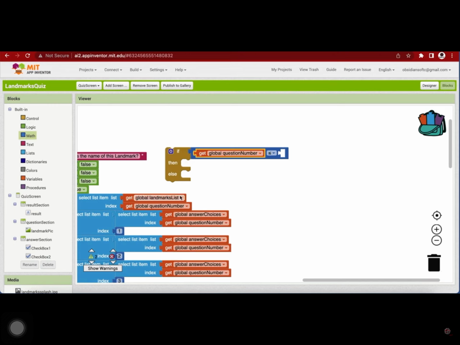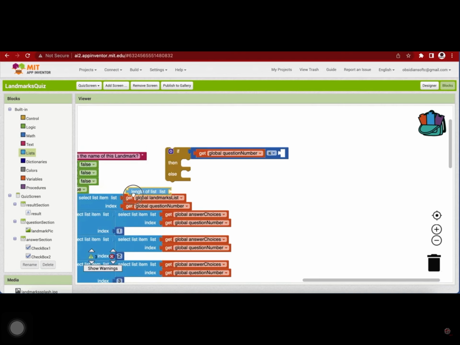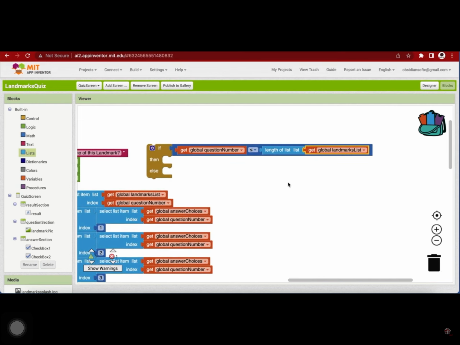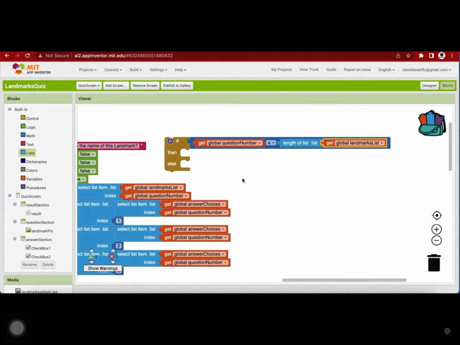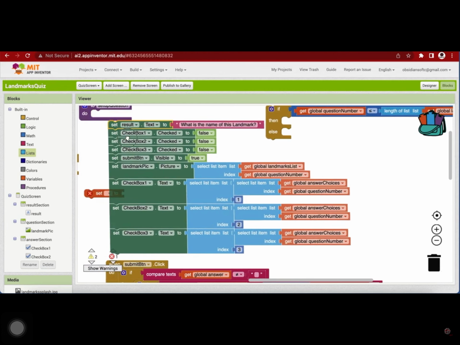So I'm just going to go to lists, and you can see that we have a block called length of list, and we have to provide it which list's length you want. So here I'm going to get my landmarks list. Okay. So if my question number is less than or equal to the length of my landmarks list, then in that situation, I'm going to do all of this stuff, that is set up my question,